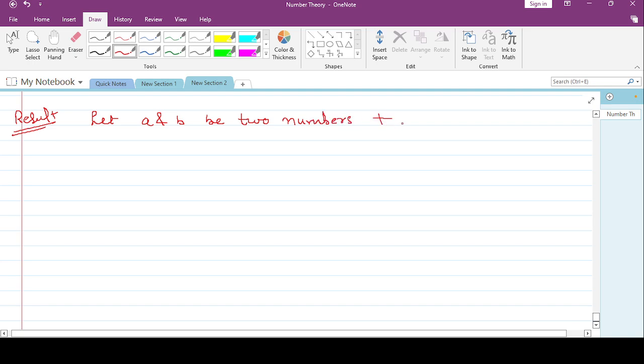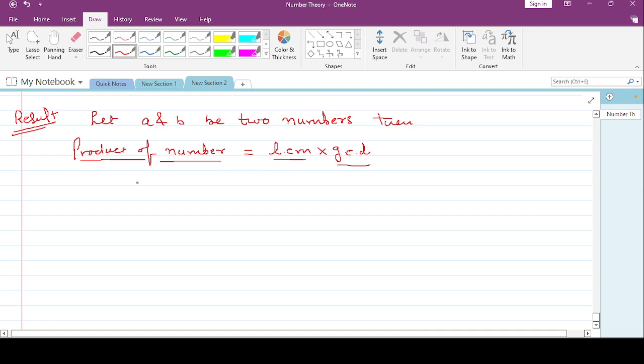Then the product of the numbers is equal to LCM into GCD. See, if A and B are two numbers, then their product is equal to LCM into GCD. Okay. So you see that if you are given,